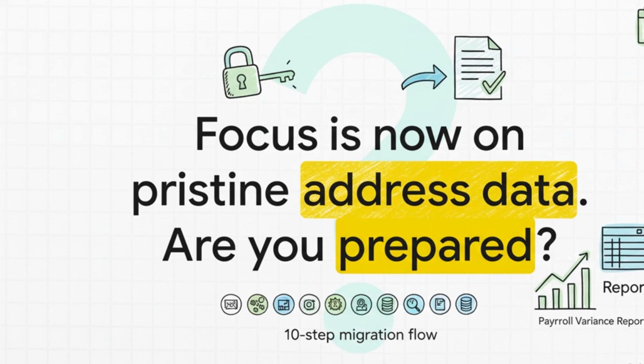The old challenge was about managing files from a third party. The new imperative is ensuring pristine address data. Your new core competencies are mastering the address validation process, executing that 10-step migration flawlessly, and then using the variance report to prove your success. These are the keys to hitting that mandatory April 2026 deadline. So the final question I will leave you with is this: are your data and are your processes ready for this new